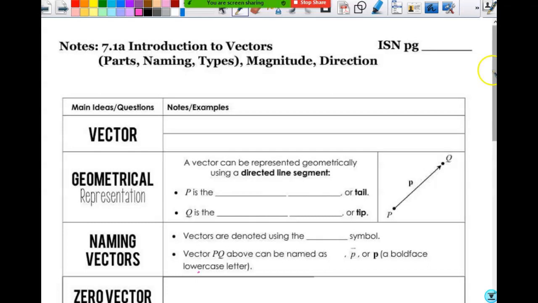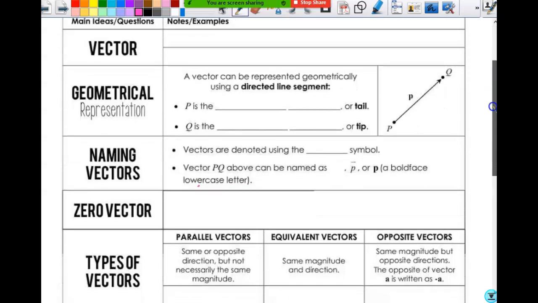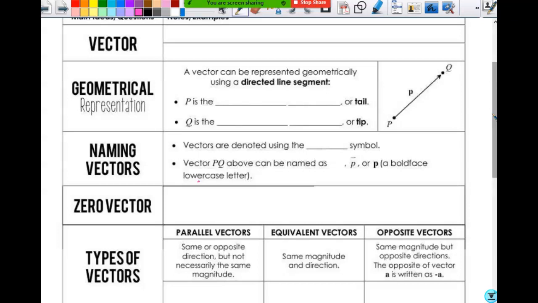Okay, so vectors should not be brand new to you, regardless of what science you're in or what grade level you're in, because they are first introduced to you in geometry, very minorly, when you're doing translations. Then for those of you in physics, vectors is something that you talk about in physics, right? So our definition of a vector is a quantity